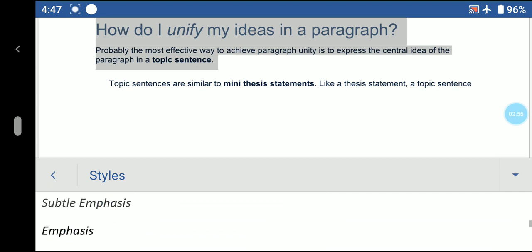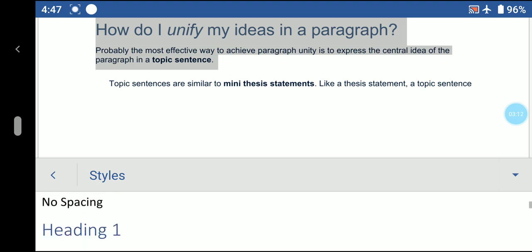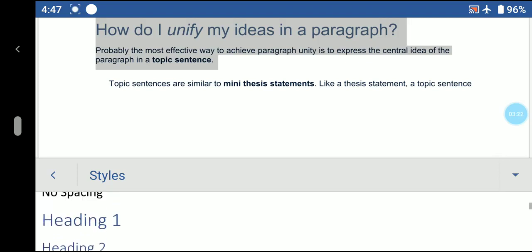Different types of styles are out there, and if you are working on the system, there will be a total Styles group. Under this several options are there: Normal, No Spacing, Heading 1, Heading 2, Heading 3, everything like that. So you have to click on that, and then choose any style among them. So I want Heading 1.